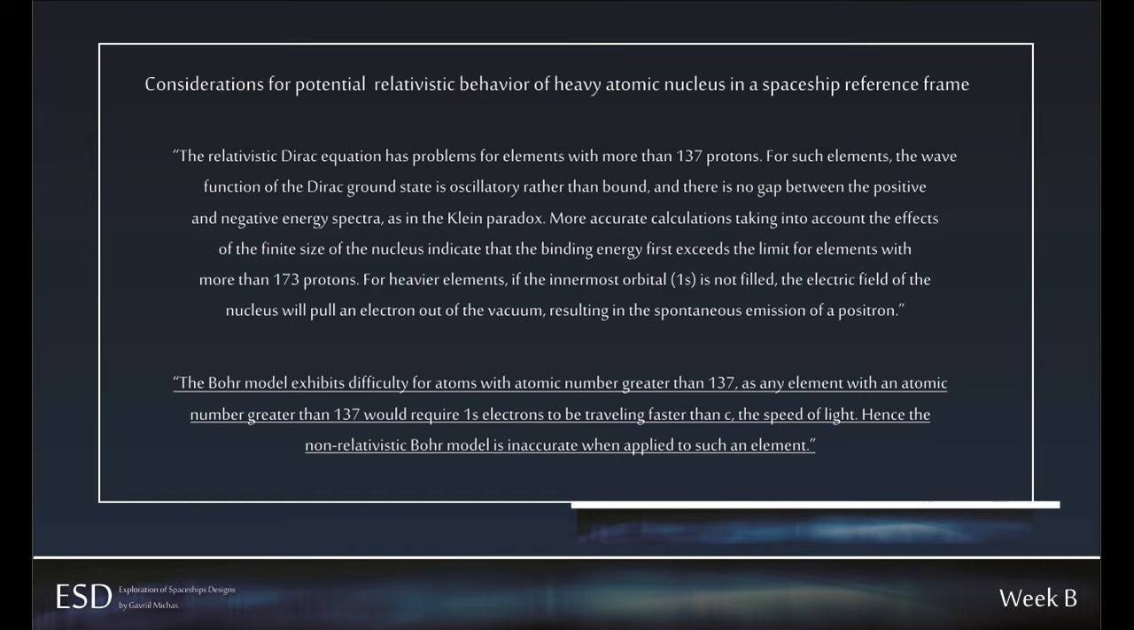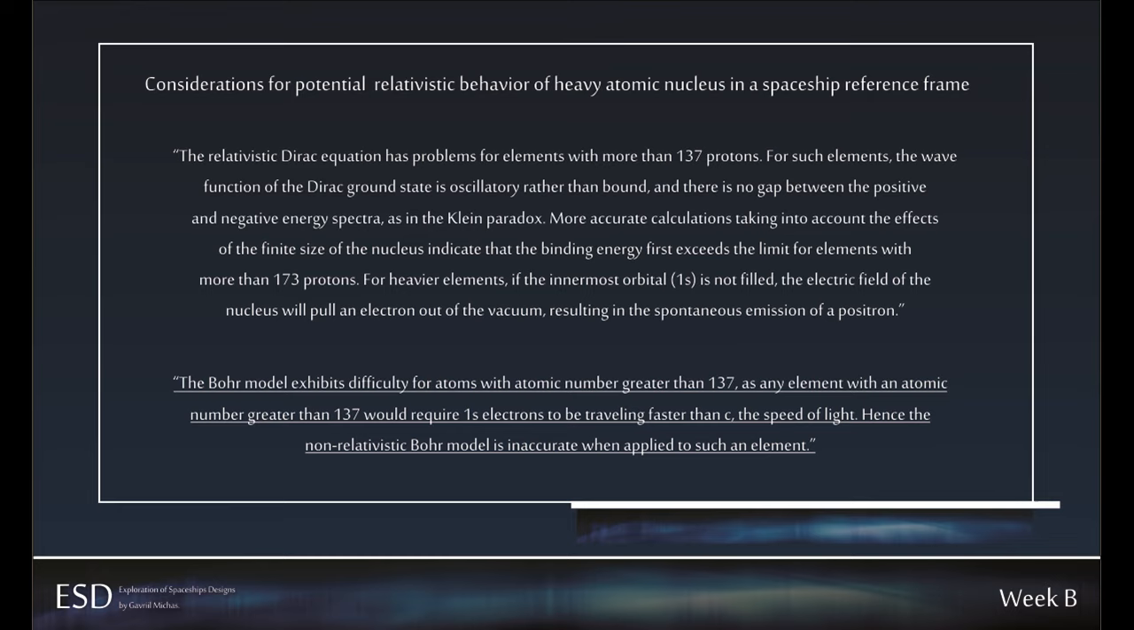The relativistic Dirac equation has problems for elements with more than 137 protons. For such elements, the wave function of the Dirac ground state is oscillatory rather than bound, and there is no gap between the positive and negative energy spectra, as in the Klein paradox. More accurate calculations taking into account the effects of the finite size of the nucleus indicate that the binding energy first exceeds the limit for elements with more than